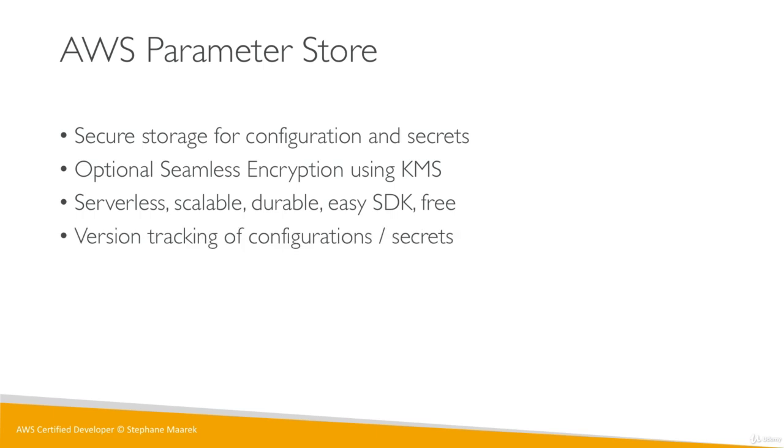On top of that, you're able to do version tracking of configurations and secrets. So if you change a database password from an old one to a new one, you're still able to access, for example, the old database secret, which is really good. You can get all the configuration through IAM, and all the secrets are under a path. I'll show you what that means in the next slide.